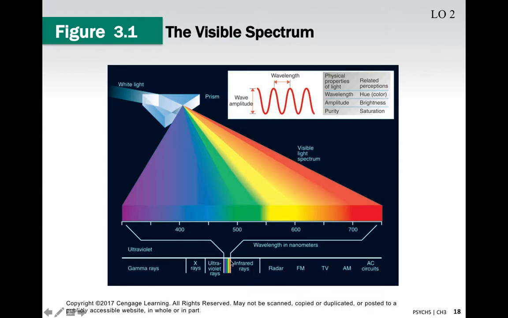This is what I meant by the physical property in the previous slide. The wavelength itself, the length between two waves, is what determines the actual color, its hue. The amplitude, basically the height of the waves, is what determines how bright it is. And then the purity determines the saturation. So these are other things that determine what colors we see within this spectrum. It's based on these physical properties of light. So light is an electrical chemical process that responds to physical properties of wavelengths.